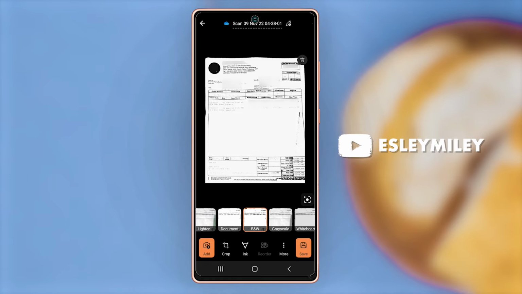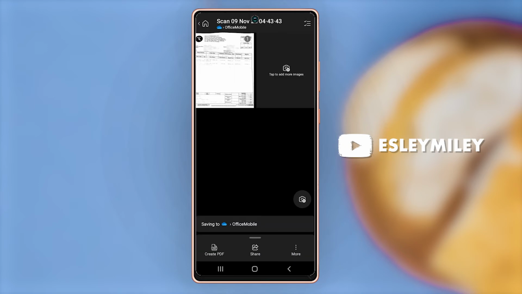And what I can also do is change the mode of the document. If, let's say, I selected document filter, but I really scanned a whiteboard, or maybe it was a photo, we can change it through these filters. So all this looks good, and I'm satisfied with this filter, and so I'm gonna go ahead and press the